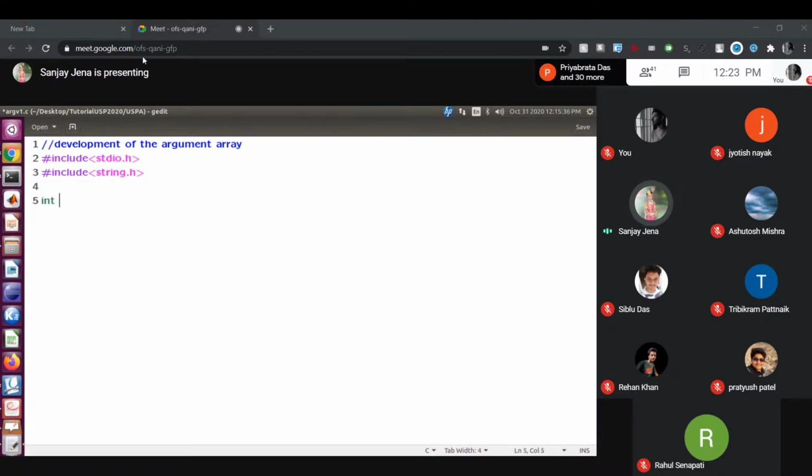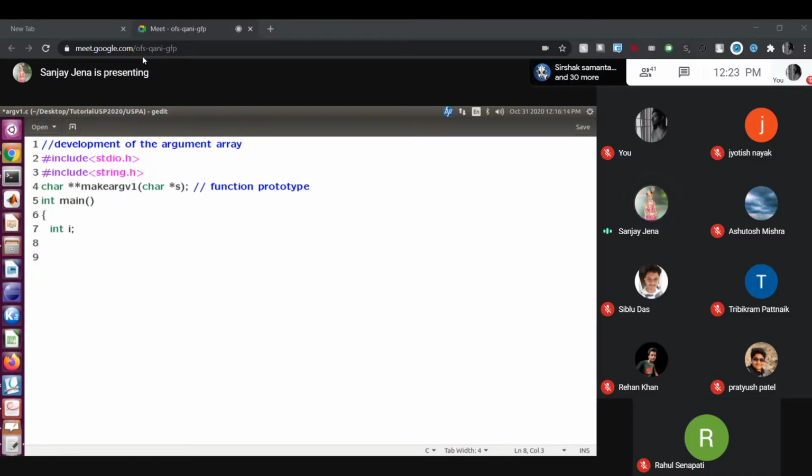Right, start your main. Int main. I require a key variable, declare integer i. I want to collect the function prototype first. Mention the first function prototype: char star star make argv version 1, char star s. This is the function prototype. Write your code. Somebody, I will ask to share the screen.